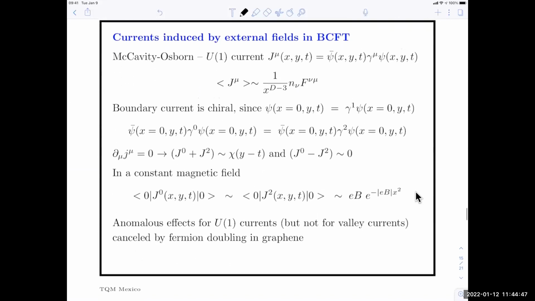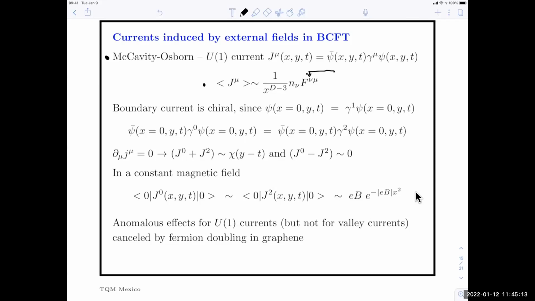This famous result is due to McAvity and Osborn and looks something like this. They did a heat kernel calculation, actually just a scalar field theory in 4 dimensions, but the applicability of their results seems to be wider. And they show that if you switch on a constant electromagnetic field, which is summarized in this field tensor F mu nu,